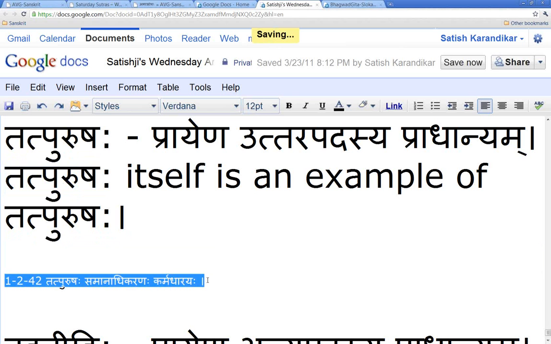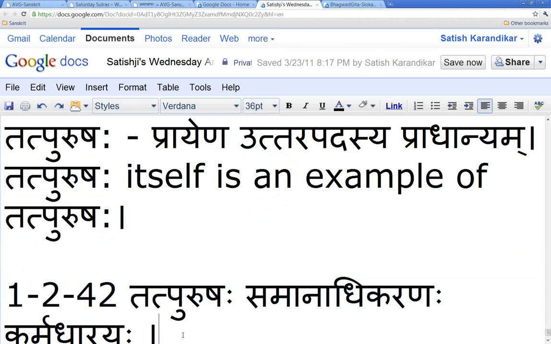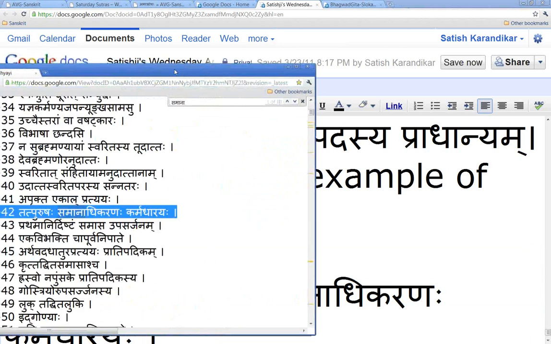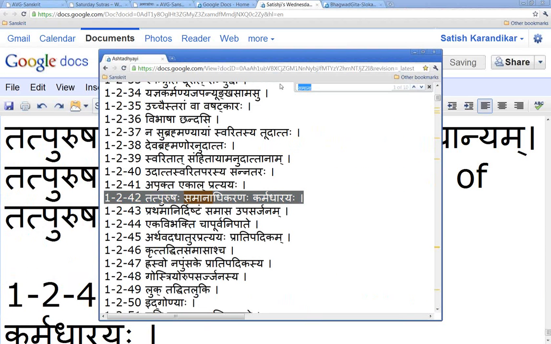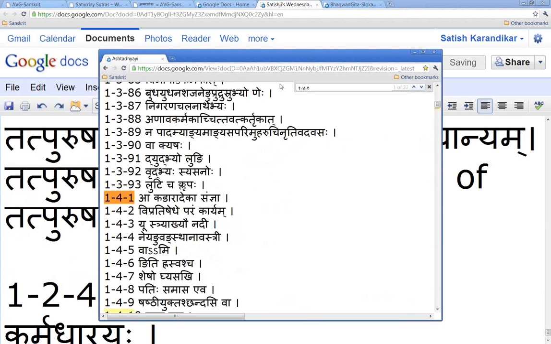Why is it outside of 2122? Now one thing you remember is the adhikara of Ekasanya, which starts in 141. So there can be only one Sanya that can remain in this section, not two. So you will not have a compound that is Tatpurusha and Bahuvrihi at the same time. You will not have those kinds of compounds.